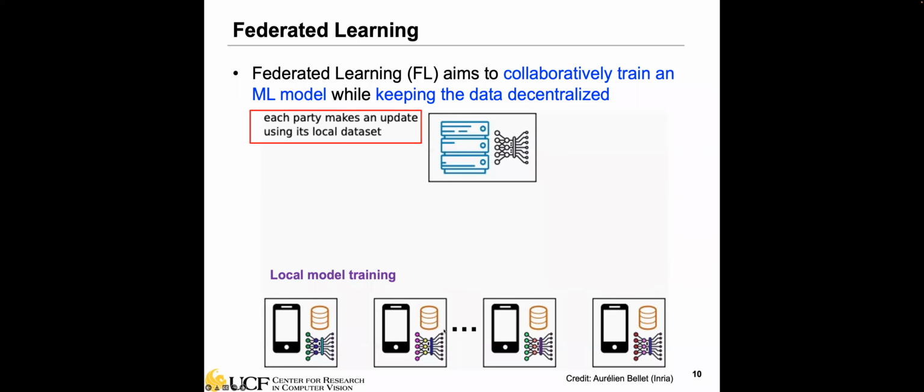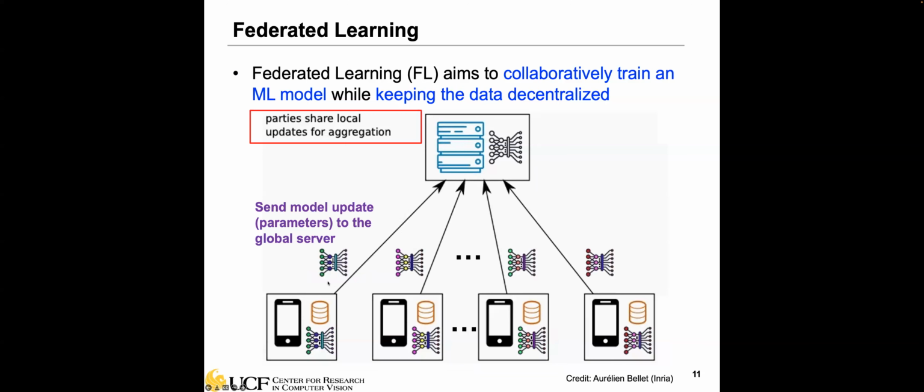Client two is also using its own data, maybe totally different from client one. So it uses its own data set to train the model for one epoch and generate a model update. So this goes for all the clients. Once all the local models are trained for the epoch,